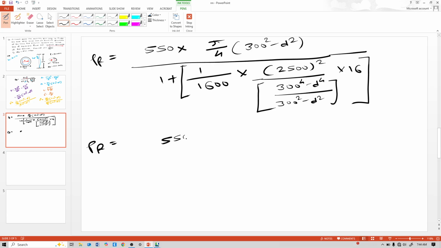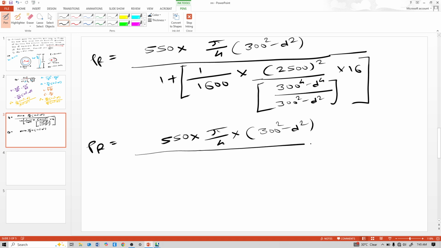So 550 multiply by pi by 4 into 300 square minus small d square upon 1 plus 62,500,